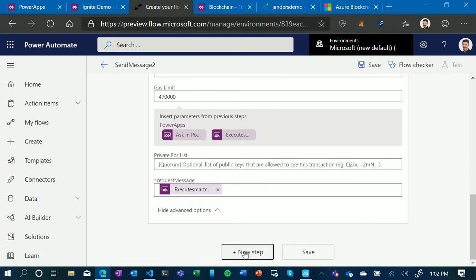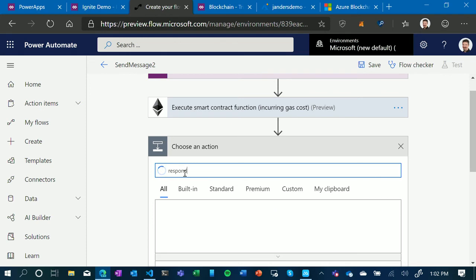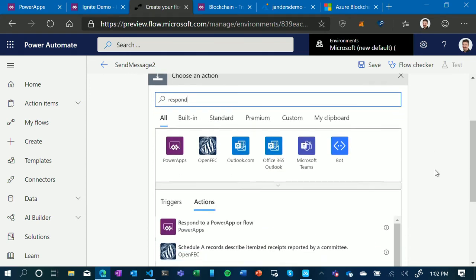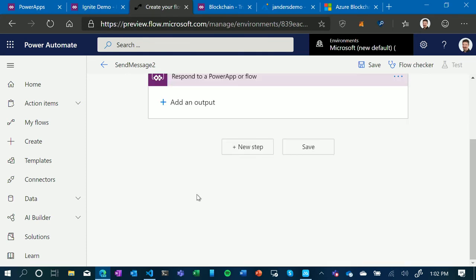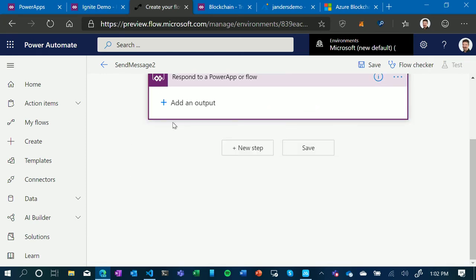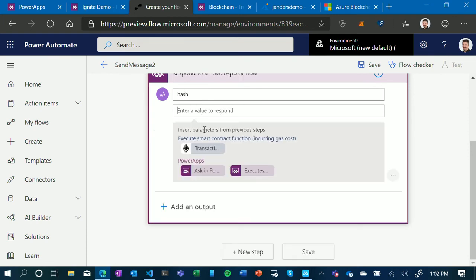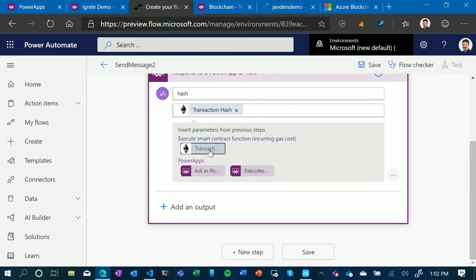So now we're going to add one more simple step. We're going to do a respond. And we want to do respond in Power Apps or Flow. And this is where we're going to get the message. Or excuse me, we're going to get the hash. We're going to call it hash, and the value we want is transaction hash.